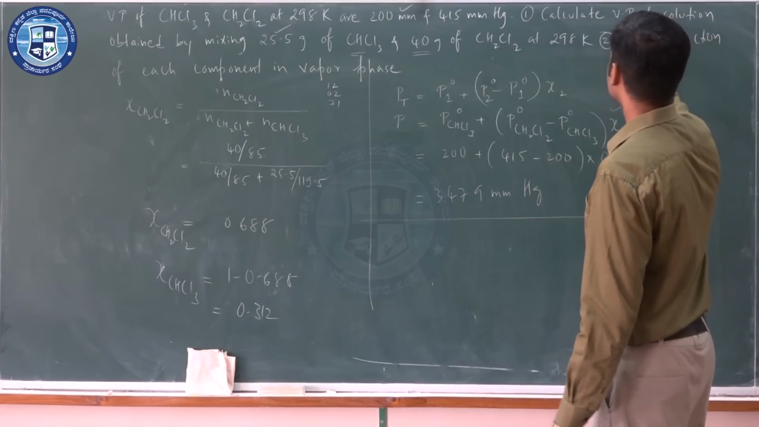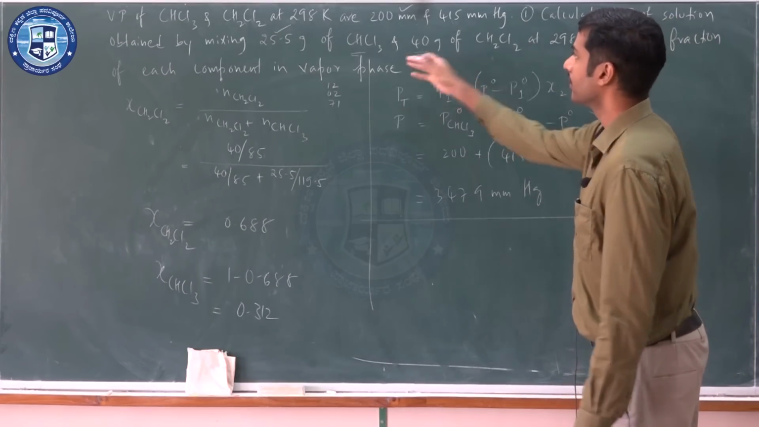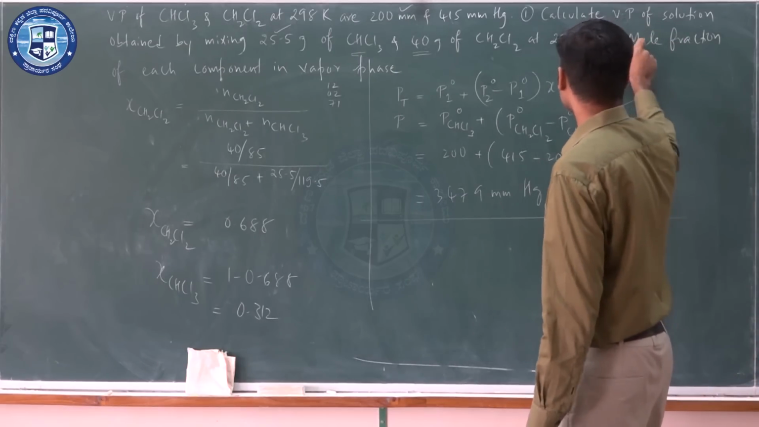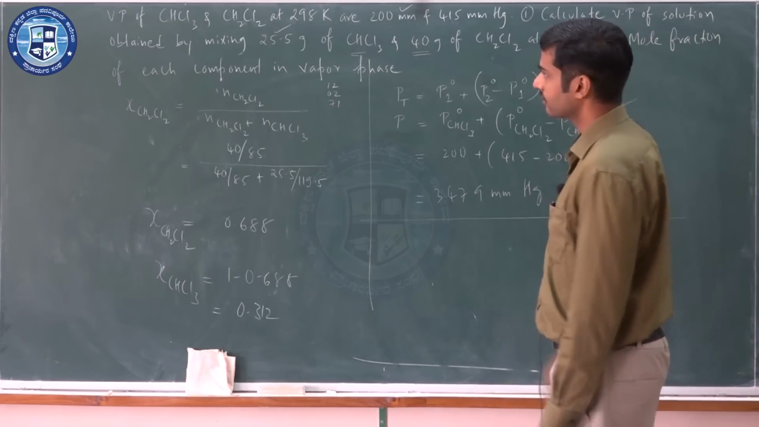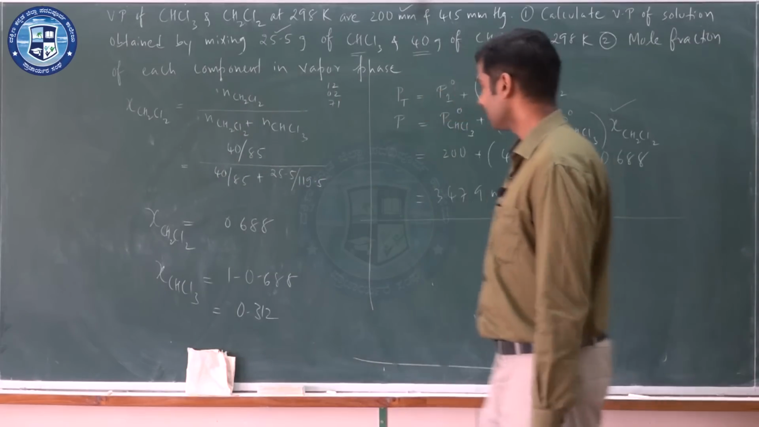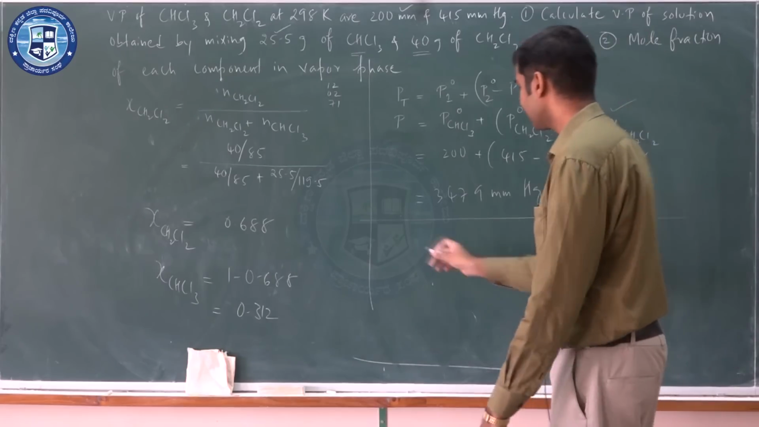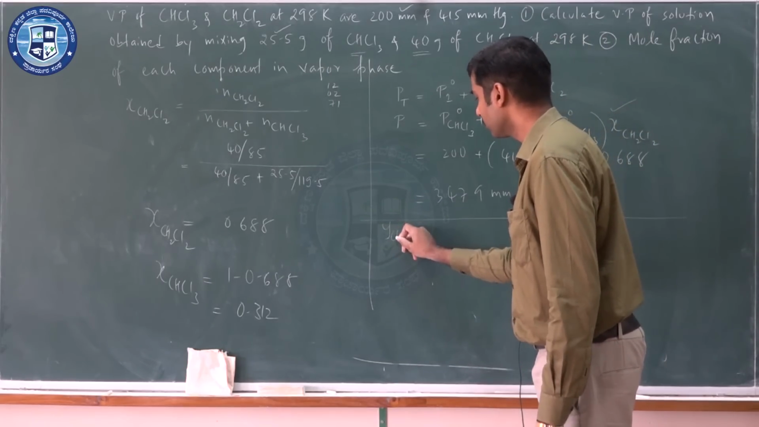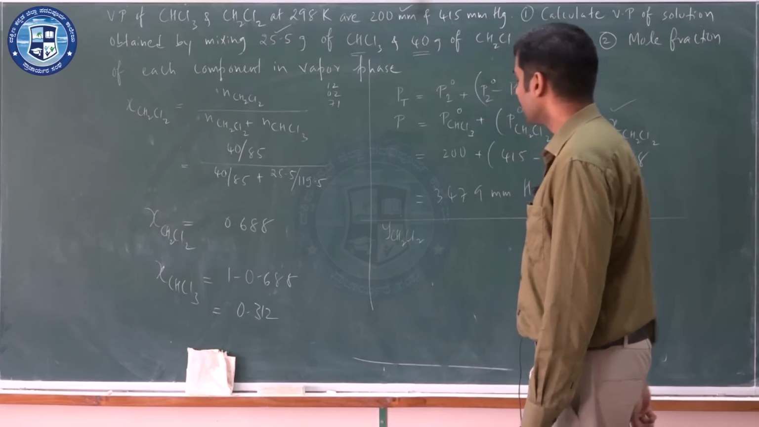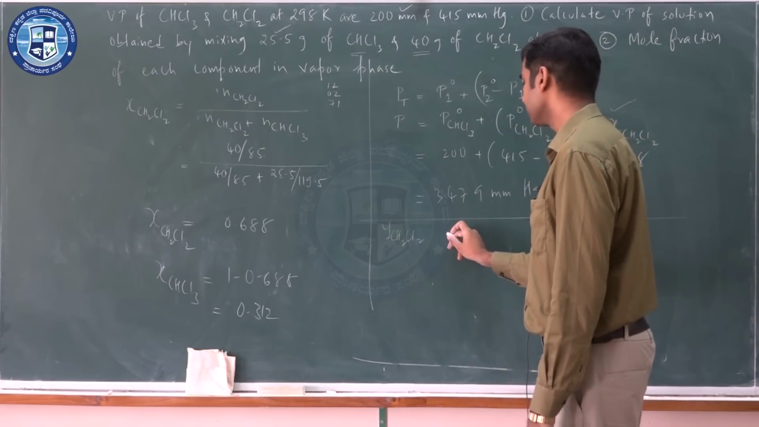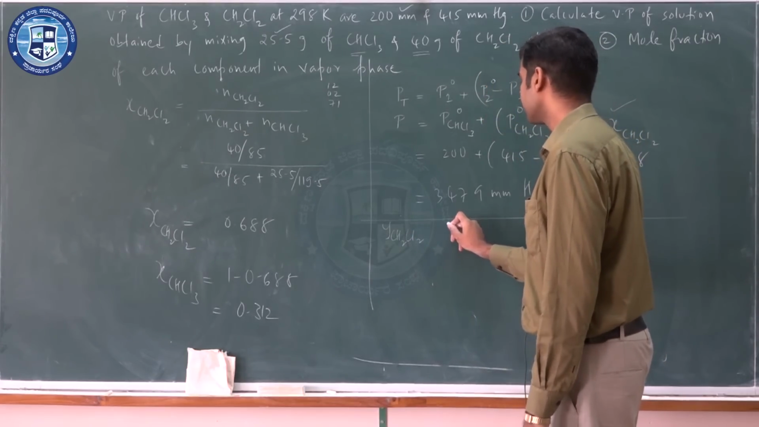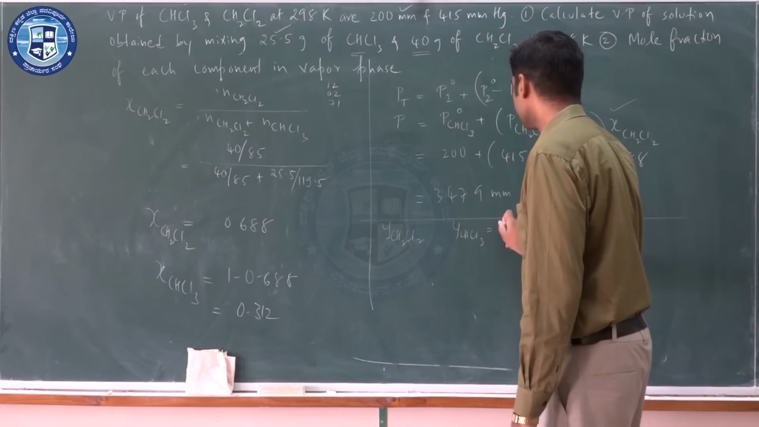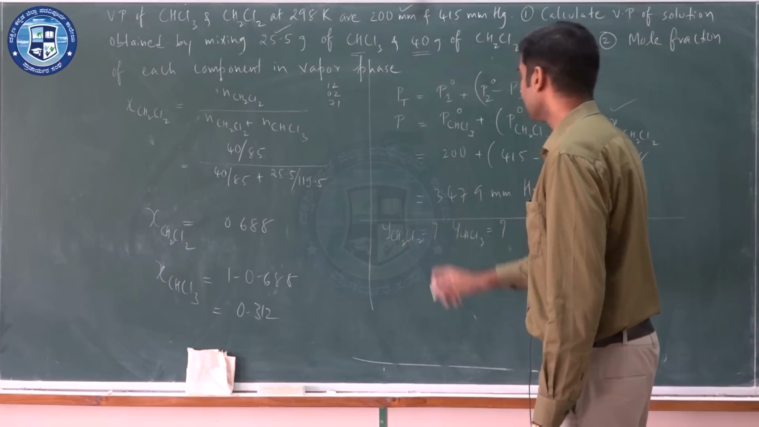You have calculated the vapor pressure of the solution obtained by mixing these two liquids on the basis of Raoult's law. The second part of the problem now, I have to get the mole fraction of each component in the vapor phase. In the vapor phase, I represent mole fraction as Y. I have to get the mole fraction of dichloromethane in the vapor phase as well as the mole fraction of chloroform in the vapor phase. So, this is my requirement,